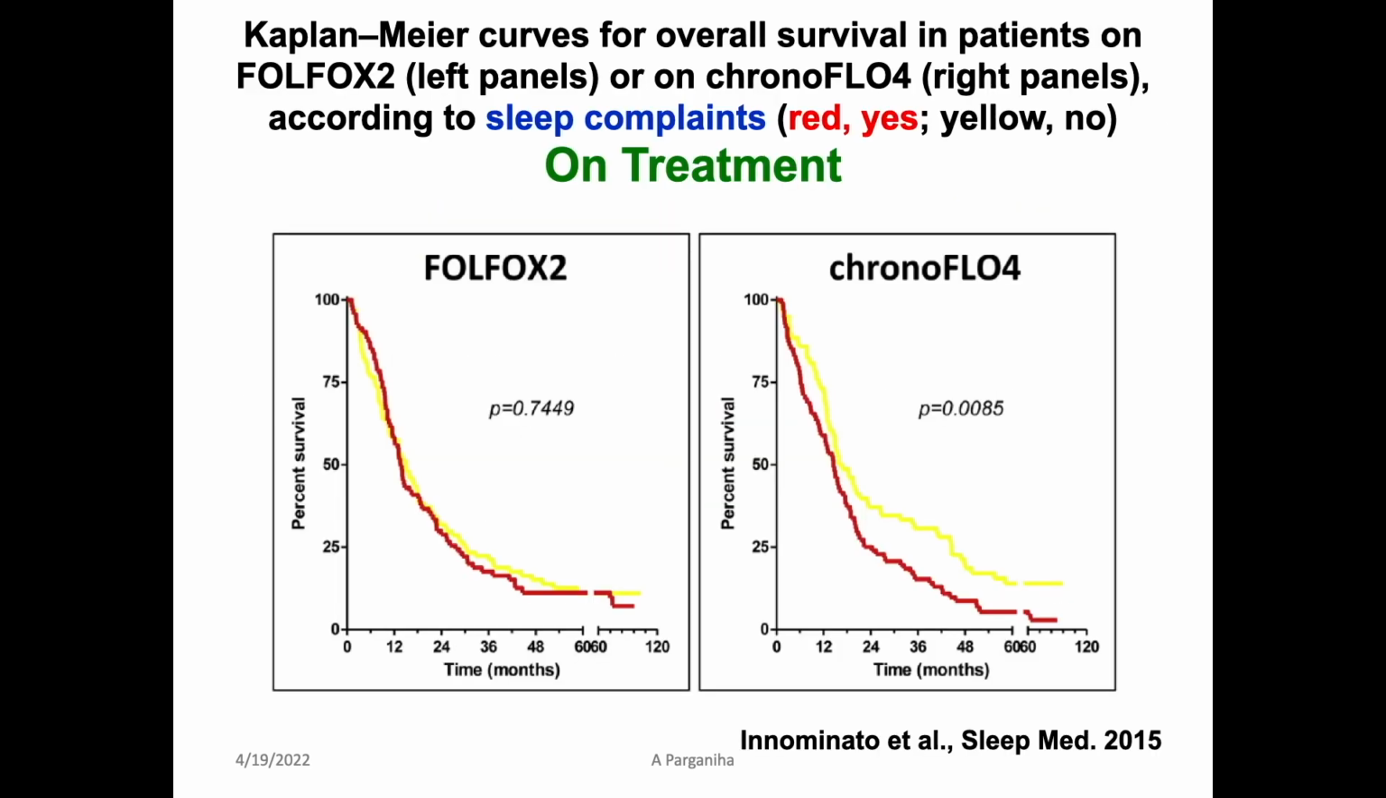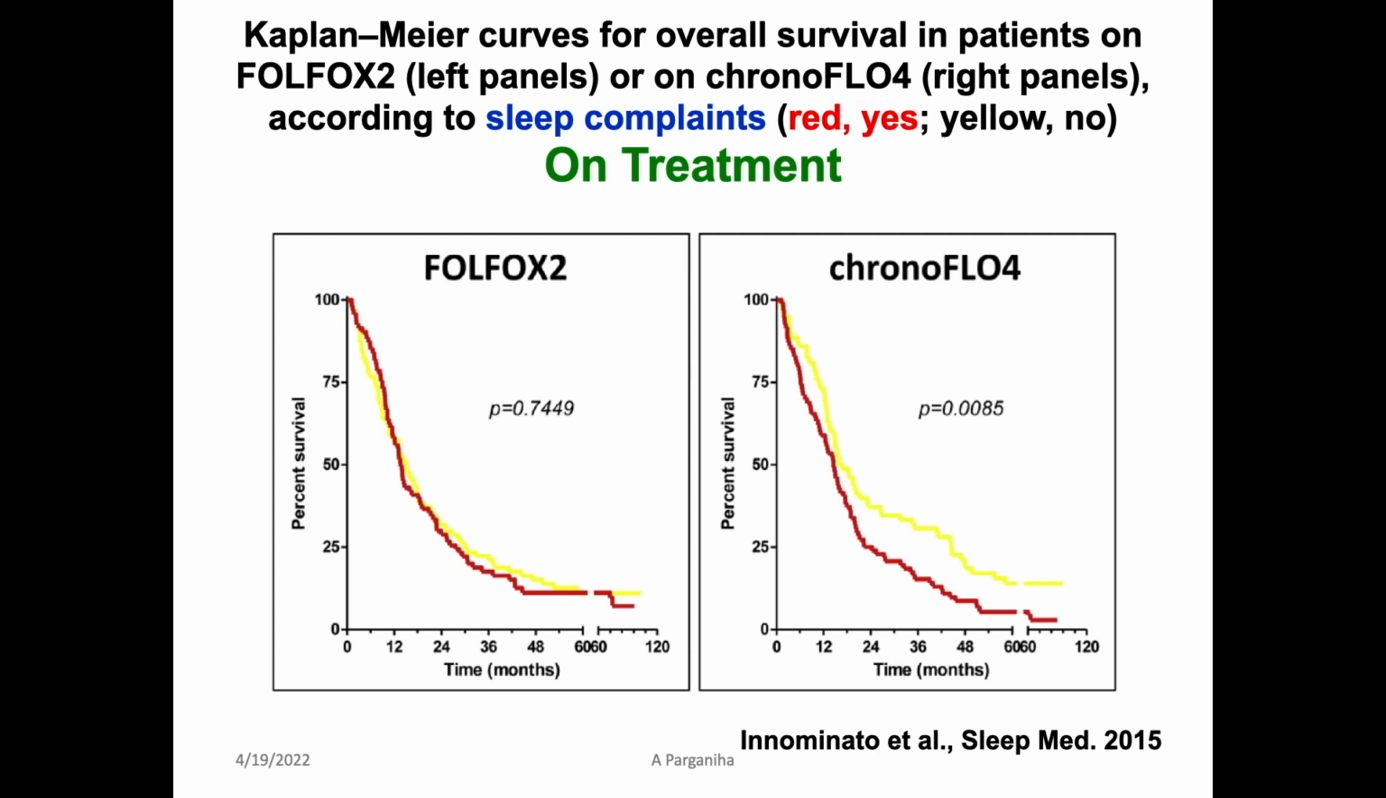So this is another example of chronotherapy, in which not only the chronotherapy but also the rest-activity rhythm or the sleep-wake cycle is considered. The left panel indicates the flat therapy and the right panel indicates the chronotherapy, and the patients were divided into 2 groups on the basis of their sleep complaint. The yellow indicates that there is no sleep complaint and red indicates there is a sleep complaint. So if you look at the